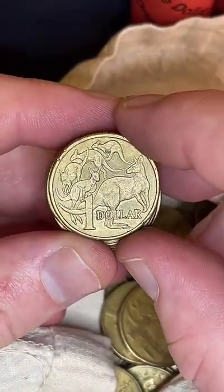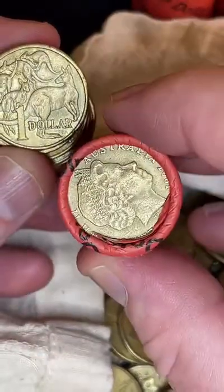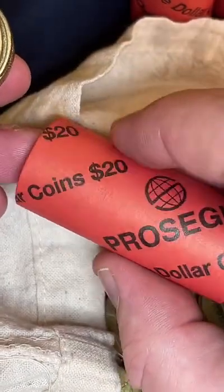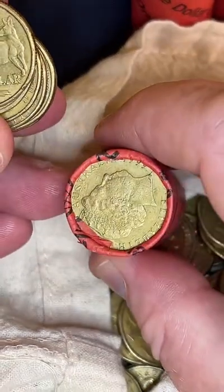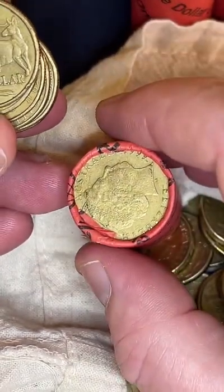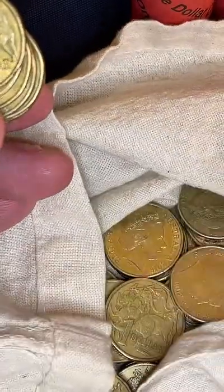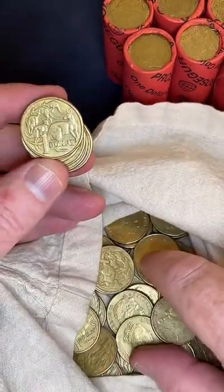So no, it's not. How do you get those rolls, these coin rolls? Pick them up from the bank. It depends on which bank branch you go to: some stock them in coin rolls like this, and others stock them in little plastic bags. It doesn't really matter if you're just searching through coins like I am for rare and valuable coins, but the